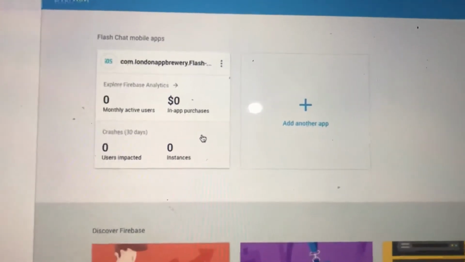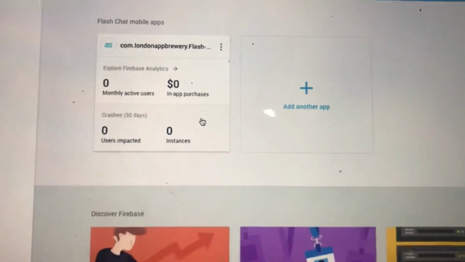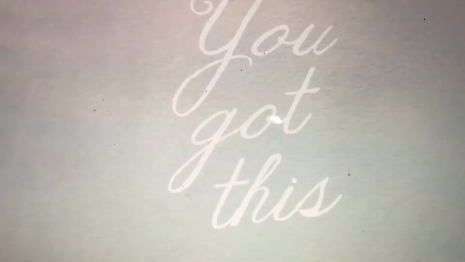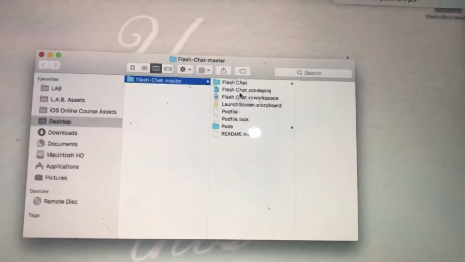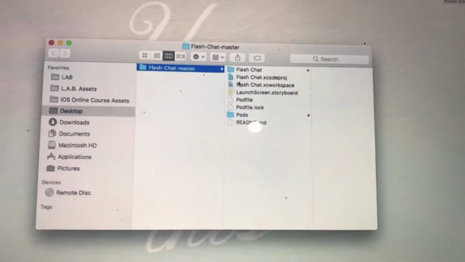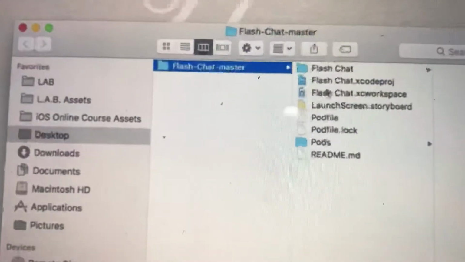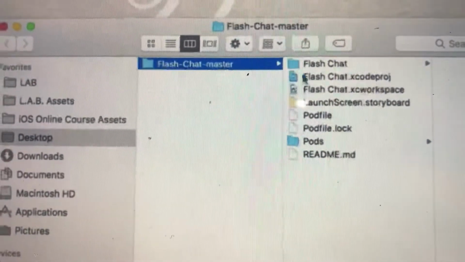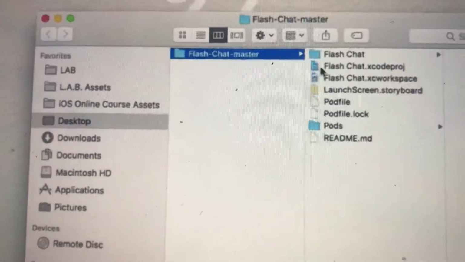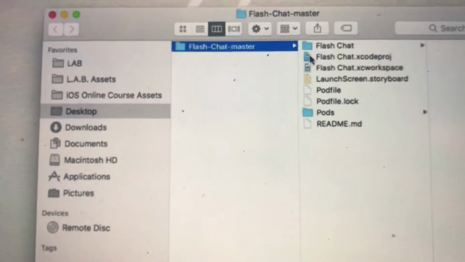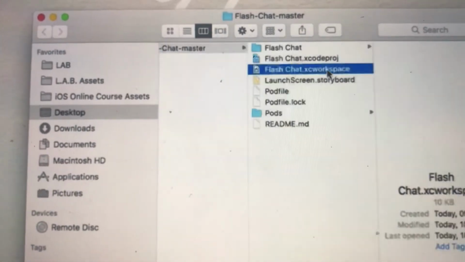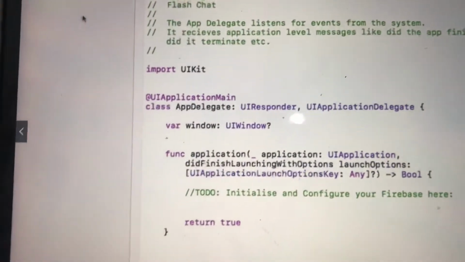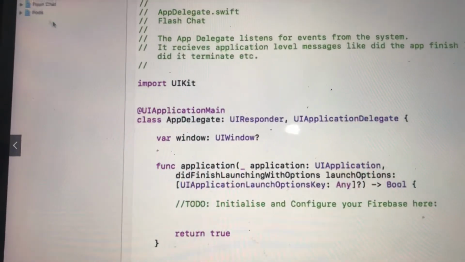All right, so now if we go back into our FlashChat app, so if we go to the project folder on the desktop, and then remember always once you've got pods added, we're going to be accessing the Xcode workspace that has the white icon as opposed to the one that we normally use, which has a blue icon. So go ahead and double click on FlashChat.xcworkspace to open up your FlashChat project that has the pods incorporated,